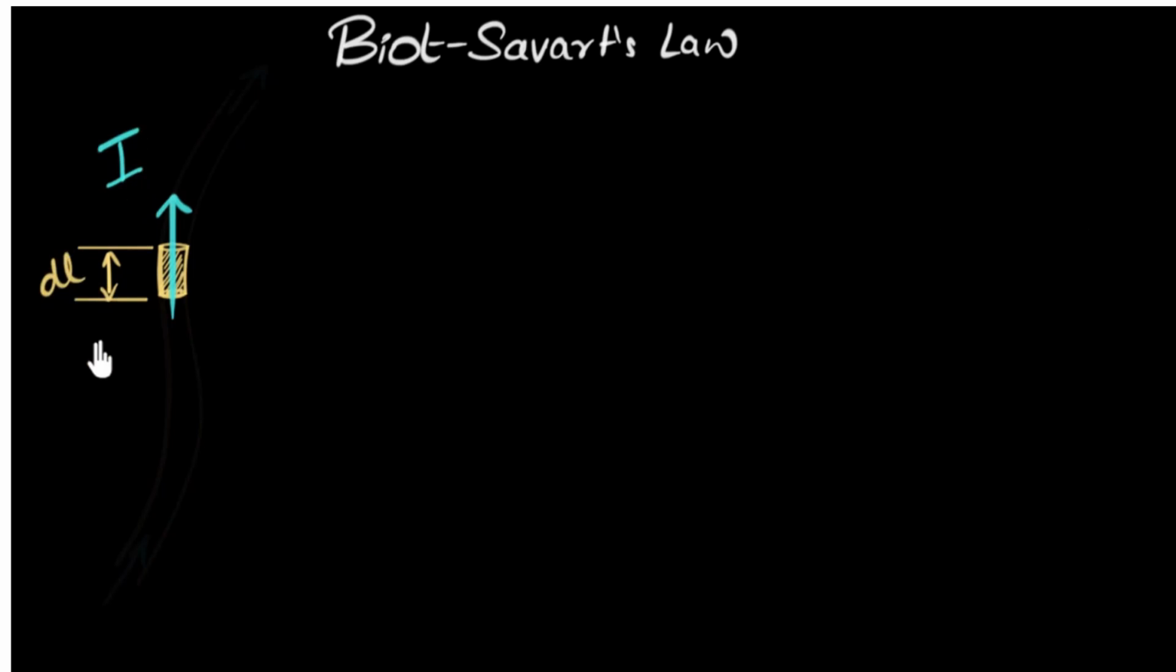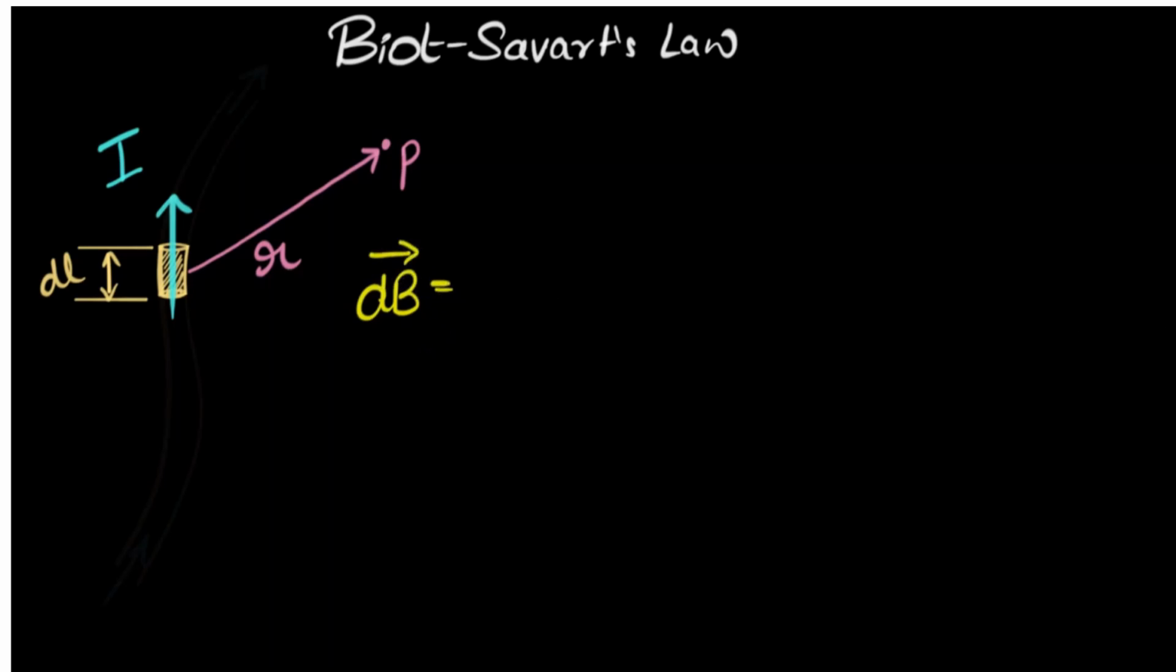Now, we want to calculate the strength of the magnetic field at a random point over here, or a particular point P. Let R be the distance from the point P to this element dl. Biot-Savart law basically says that the strength of the magnetic field at this point P can be written as dB vector. That is, dB is the magnetic induction at P due to this tiny element dl